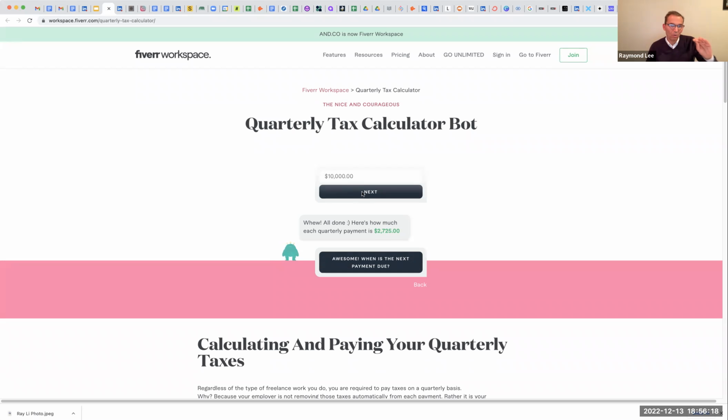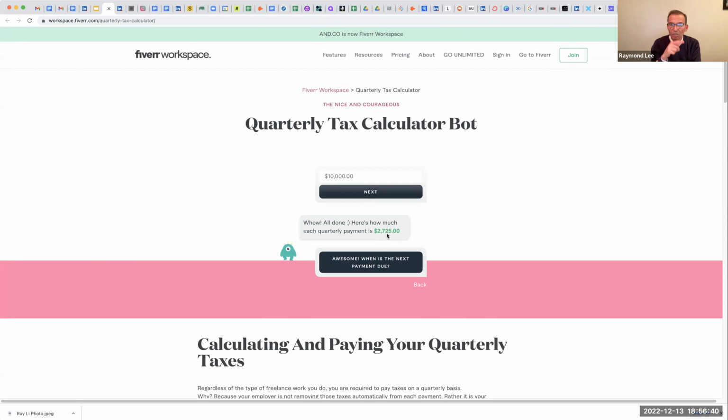So instead I would just put in your freelance income, and I think then it'll give you the accurate deposit amount. But it's kind of a cool tool, you've got to admit, to simplify that whole process. And of course, you can just do this for the quarter. In other words, whatever quarter you're in, if you made $10,000, you could just,